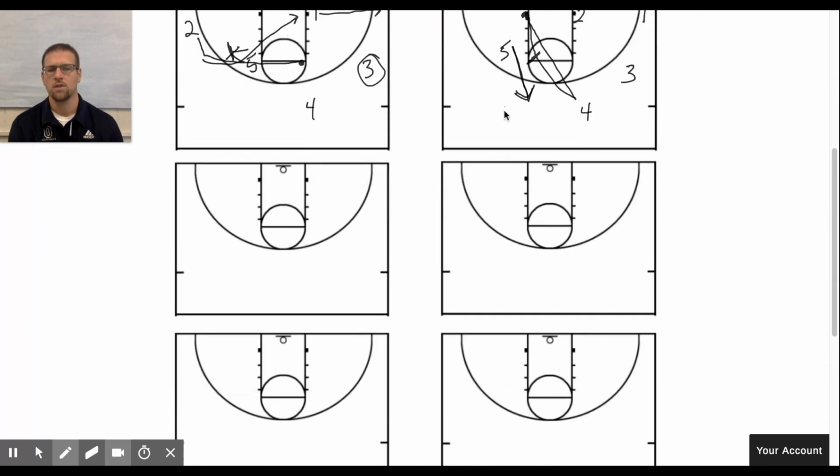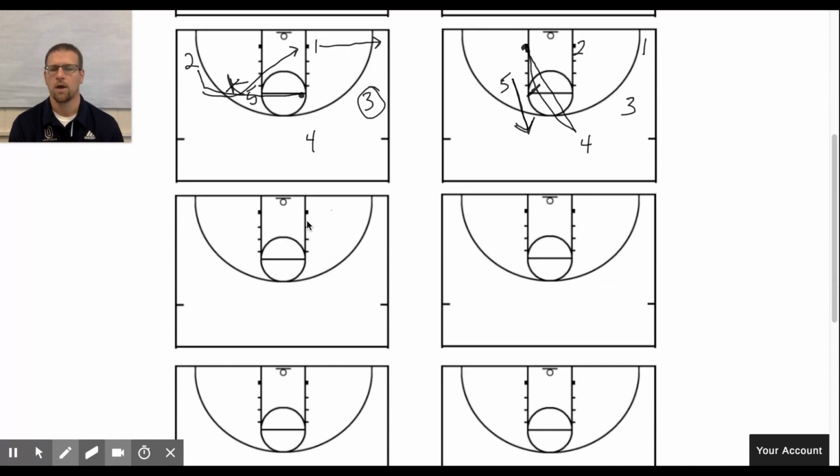If our 2 doesn't receive the ball down here, they can't go to the corner like the 1 did. So they're going to head back up right here to the elbow. All right. Our 3, just like over here, our 3 has the ball. We didn't get rid of it yet. Our 5 is now popped out. Our 4 is here, and we've got 1 in the corner. So you can see when we put the 2